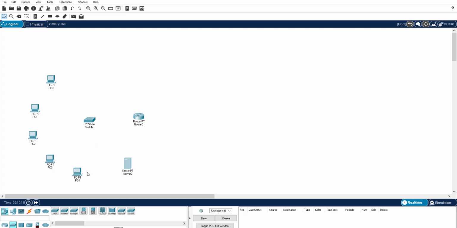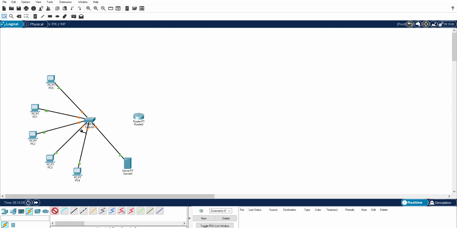All the devices, that means the PCs, I'm going to connect with the switch. The server also I'm going to connect with the switch. The switch is connected with the router. So our first network, the first LAN, is ready now.